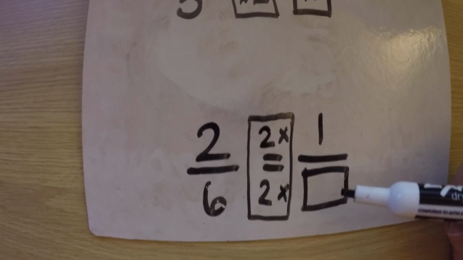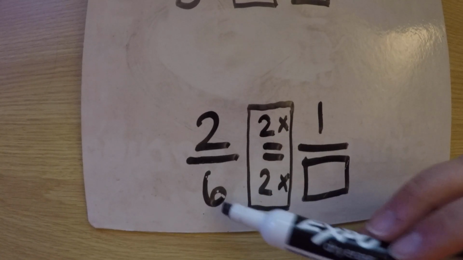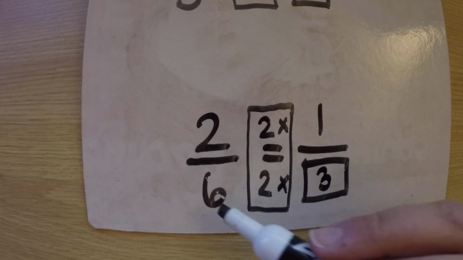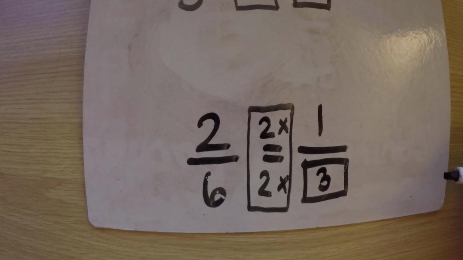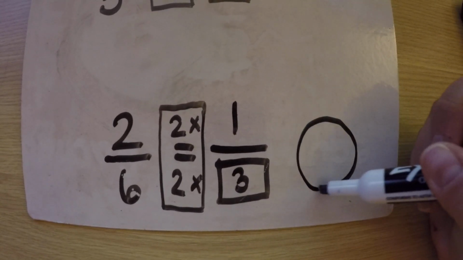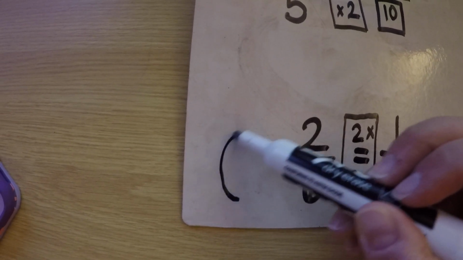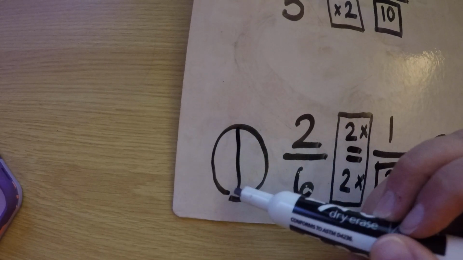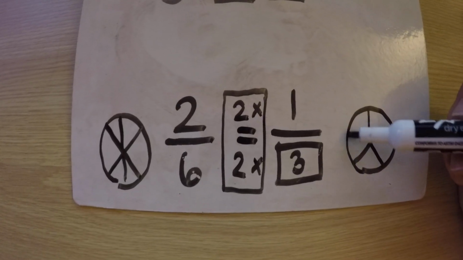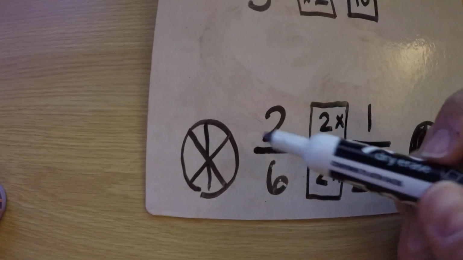And here I have to do a little bit of thinking. What number times 2 gives me 6? 3 times 2 equals 6. Let's draw a model just to make sure our answer is correct. So here I have 1/3. And here I'm going to draw a circle that is separated into 6. I'm going to draw 1/3, shade in that part, and here I'm going to shade in